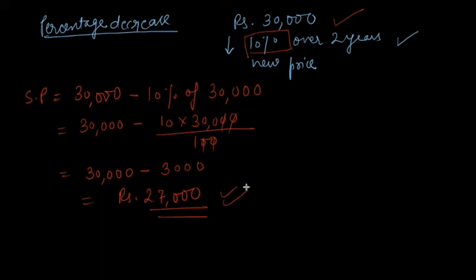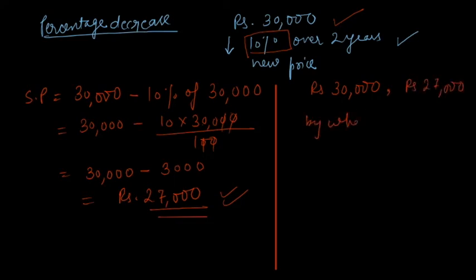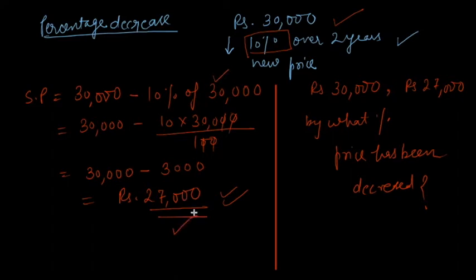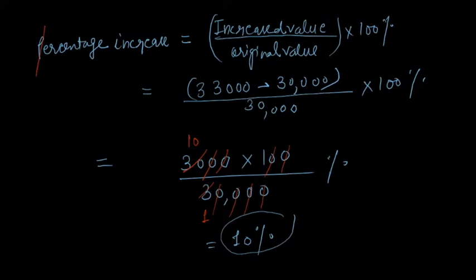Now in the same manner, if I switch the question as we did in the last part, that we know the price. Let's say that the price earlier of the refrigerator was 30,000 and now the price is rupees 27,000. By what percent has the price been decreased? You have to calculate this. Okay. So now the original price which was given as 30,000, over a period of time has become 27,000. So we have to tell by what percent the price has been decreased. So now we will write the formula for this also. How do we write the percentage decrease?